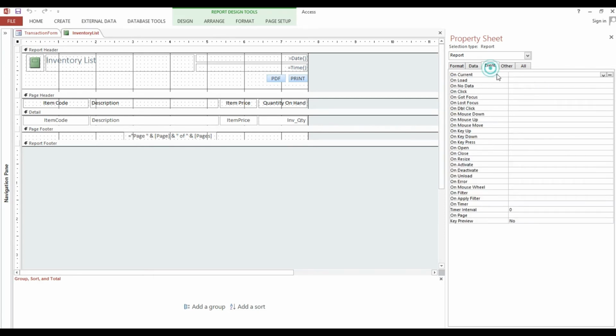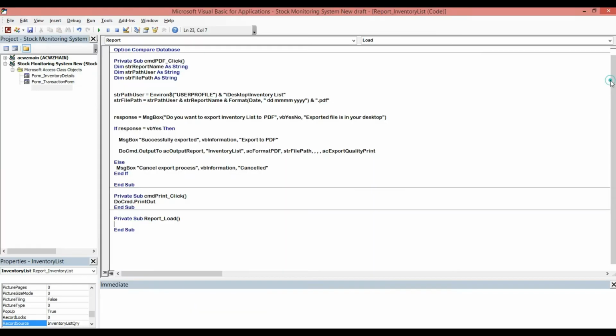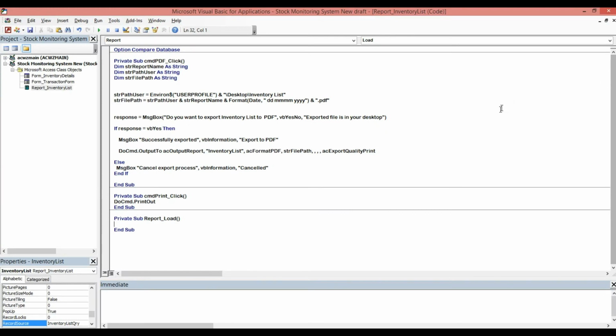Here in the report on load, here we'll put CommandBars, then .FormViewPopup, double quote, then close parentheses, then .Enabled = False,